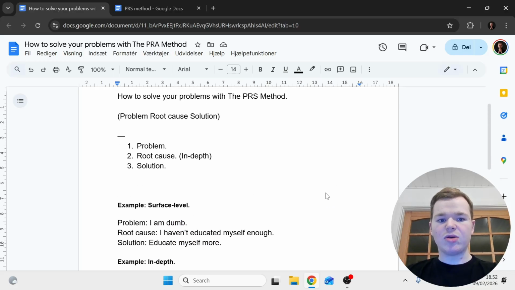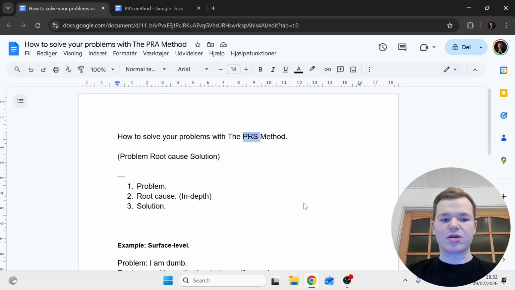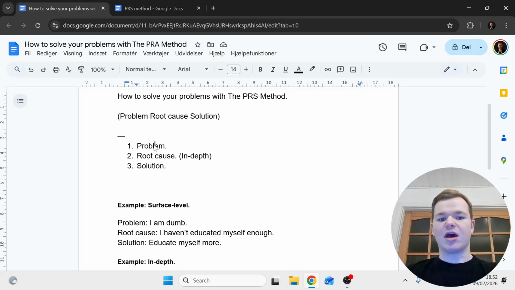This is why you need to follow the PRS method instead of just acknowledging the problem and then thinking or asking ChatGPT or asking a mentor or whoever for the solution. That is not the way that you solve actual difficult and complex problems. You need to go through this